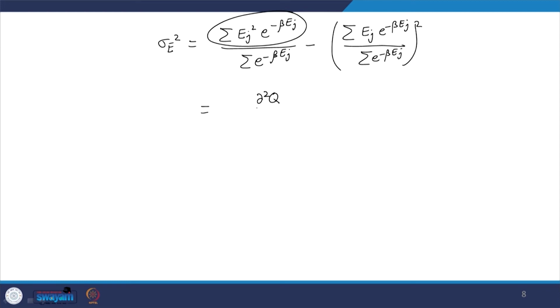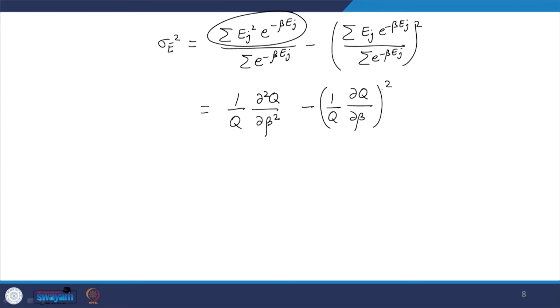So, dou 2q by dou beta square, and the denominator is q, and the second term is the first derivative of q with respect to beta by q